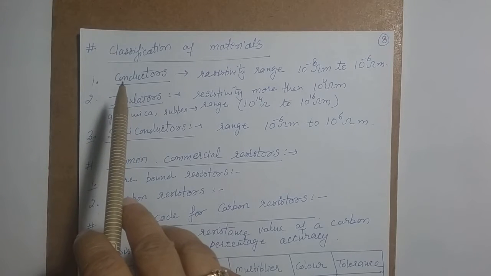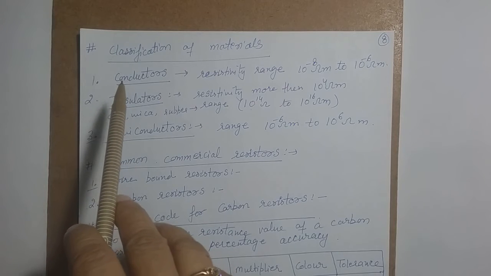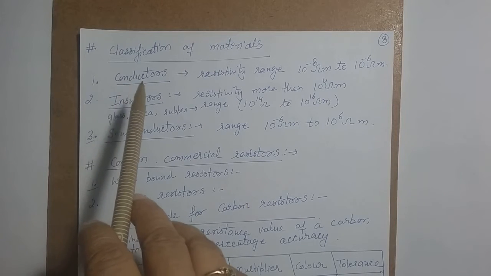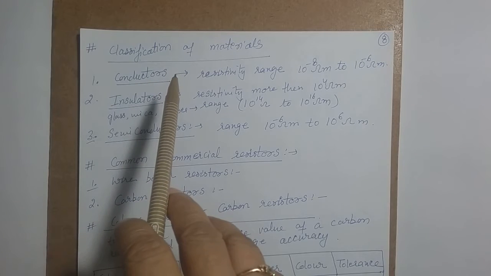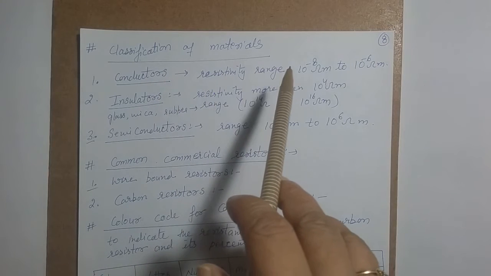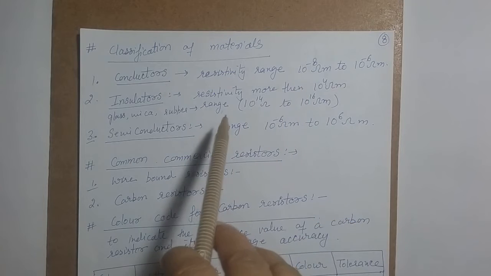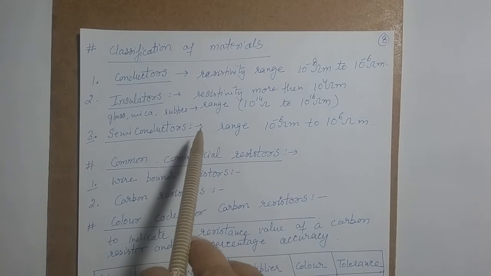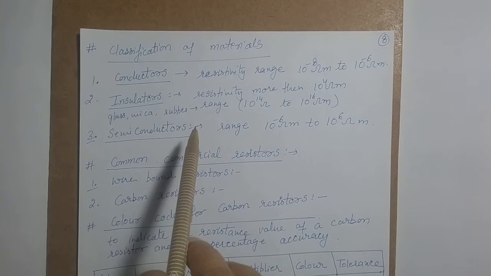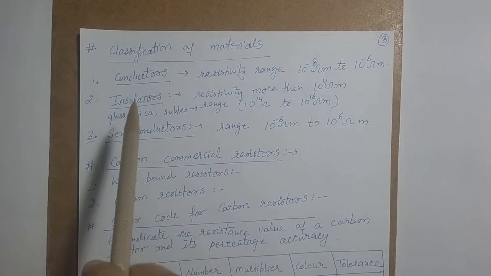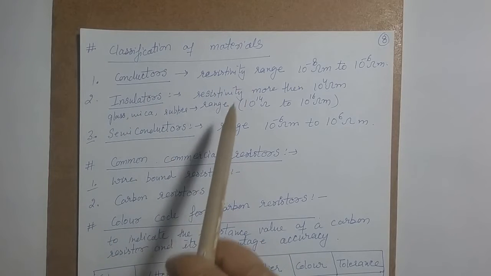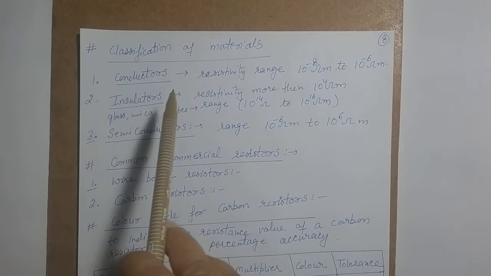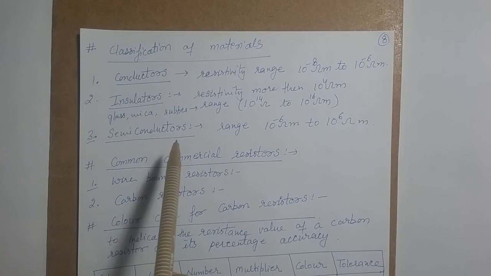So students, after resistance, conductivity, and resistivity, our next topic is to classify the materials on the basis of their resistivity. As we know, resistivity of any conductor or any material is the property with which it opposes the flow of current through it. So we can classify the materials in different categories like the conductors, the insulators, and the semiconductors.